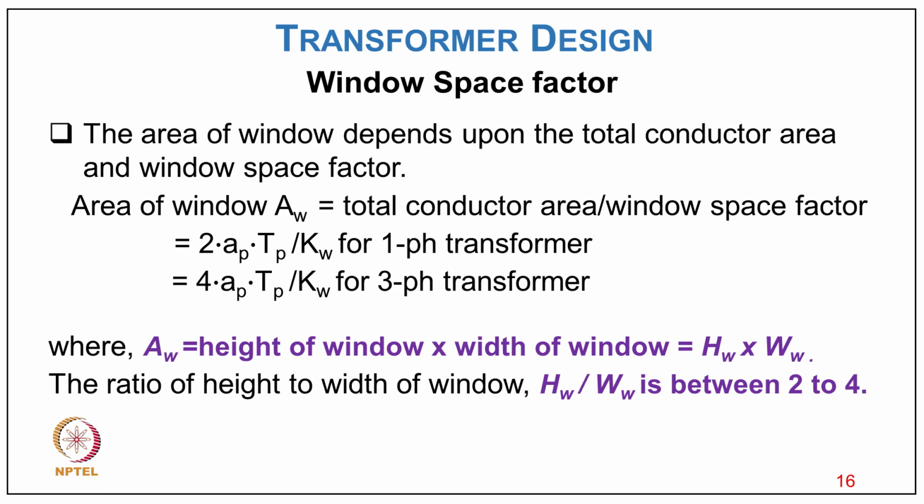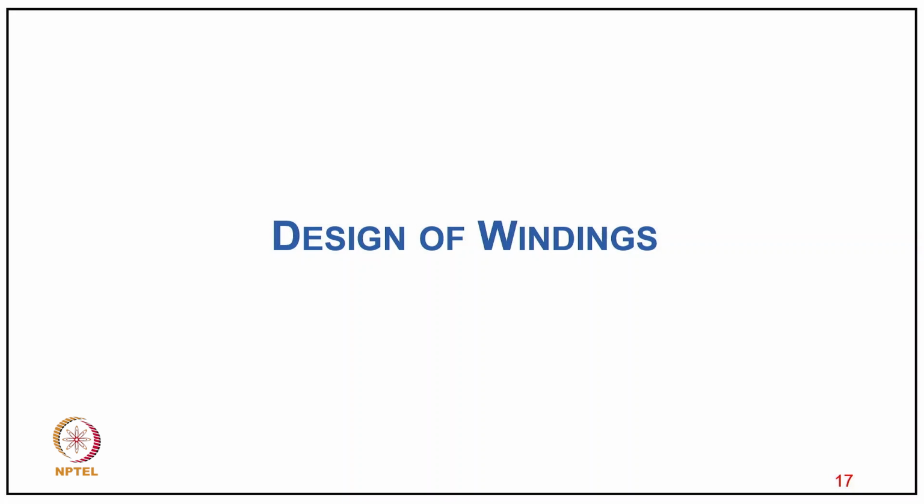So area of the window Aw equal to total conductor area divided by window space factor. That is 2 into Aw Tp divided by Kw for single phase transformer, and that is equal to 4 Ap Tp divided by Kw for three phase transformer. Where Aw is the height of window into width of the window, that is equal to Hw into Ww, and the ratio of height to width of window, Hw divided by Ww, is between 2 to 4. So now coming to the design of windings,